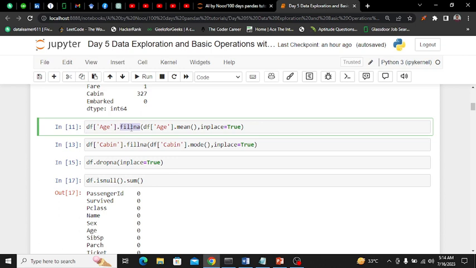The fillna method means fill null values, and first you have to mention the column you want to fill. So I am going to perform the fillna method on the age column, and where I specify